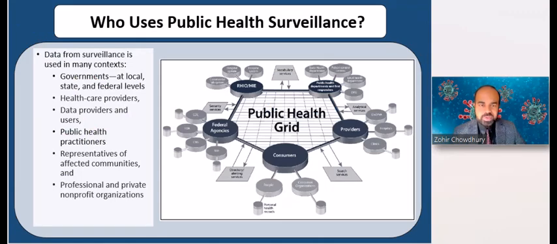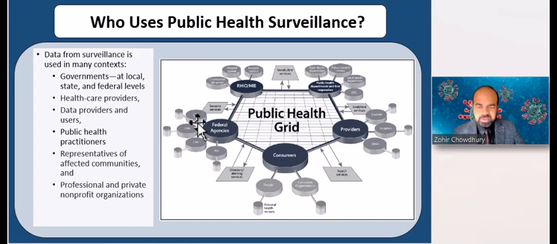So who uses public health surveillance? In this diagram, we can see the main users of public health surveillance. So at the local level and then at the federal and state level, we can see at the local level, local health departments or services, emergency medical EMS, at the state level, state health departments, at the federal level,